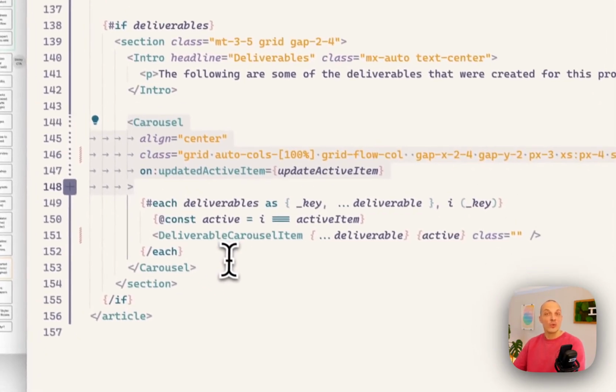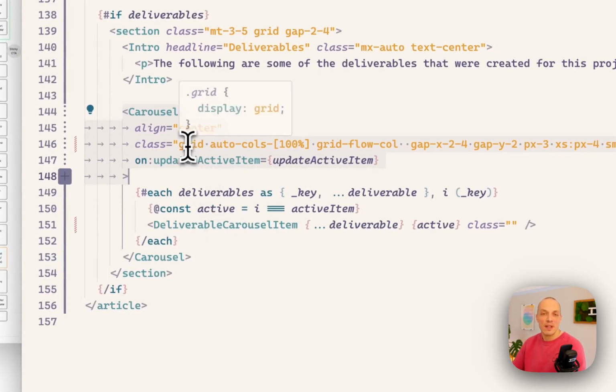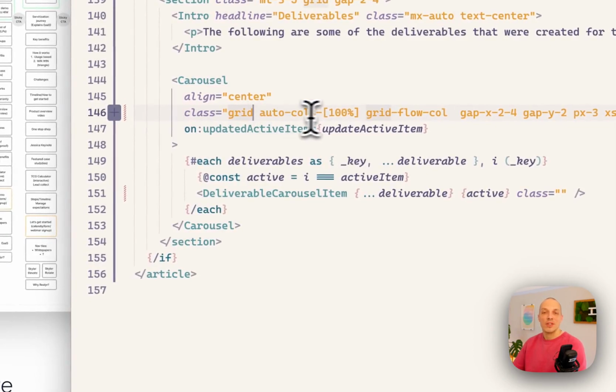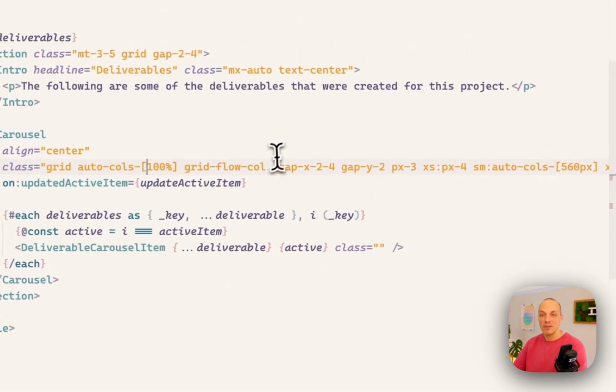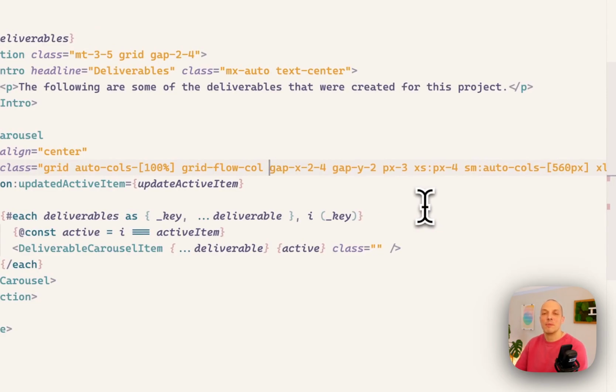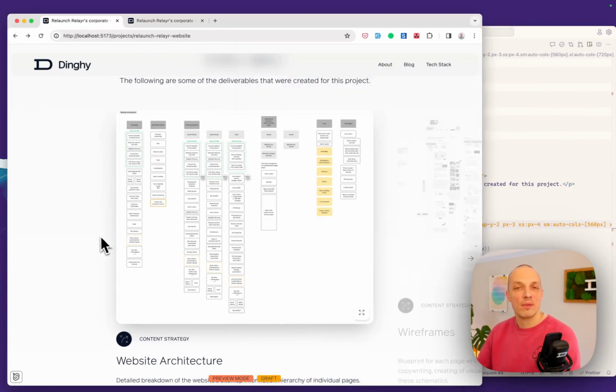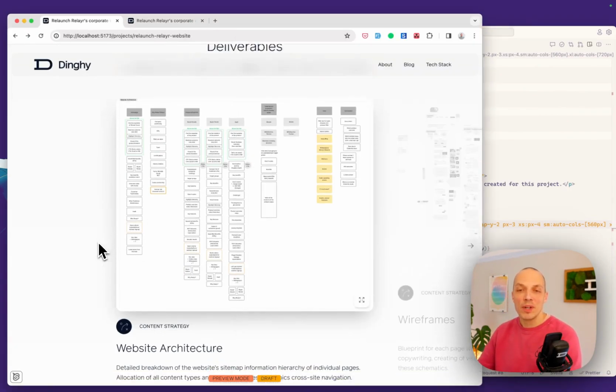And now we can see that the element that hosts all of the individual items is already on a grid, and we're creating as many columns of 100% width each for all the items that go in there. So we don't really have to care about this so much. But what I actually want, so subgrid is always a little hard to explain, but what I really want is